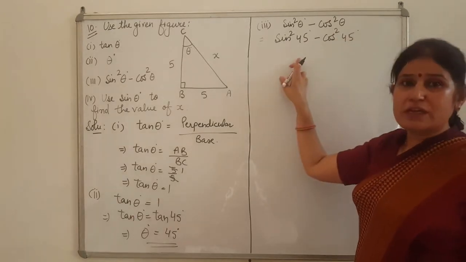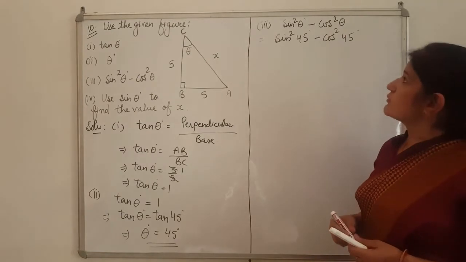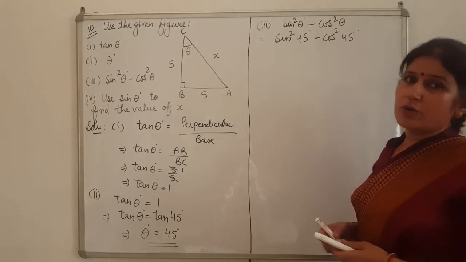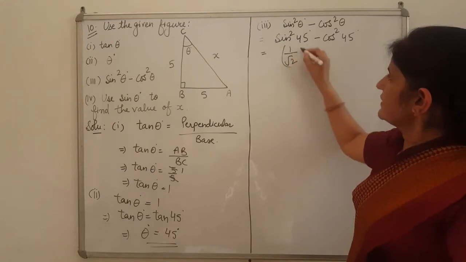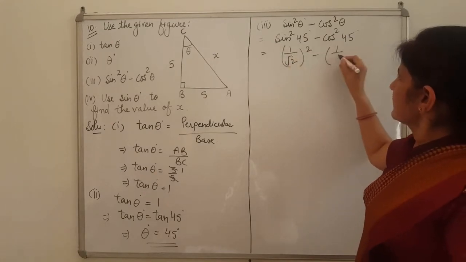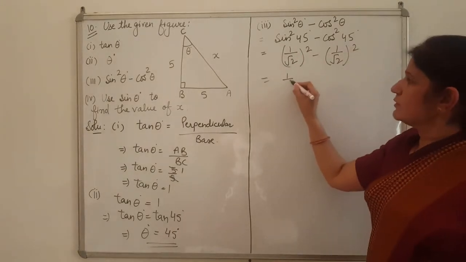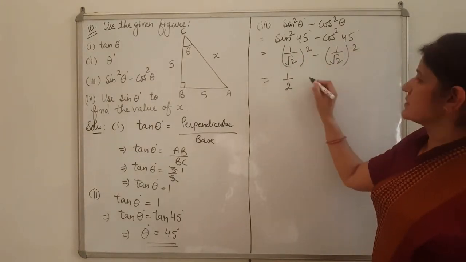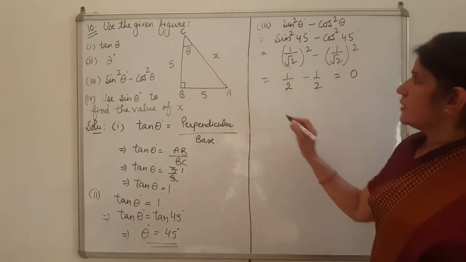Now we substitute values. Sin 45 is 1 over root 2 and cos 45 is also 1 over root 2. So we substitute here and we take its square. What will come? 1 over 2 because the square root is cancelled. Similarly here. And when we subtract, we get 0. Now fourth part,